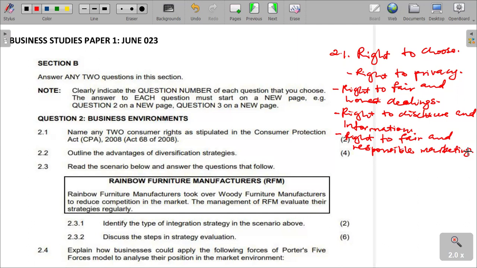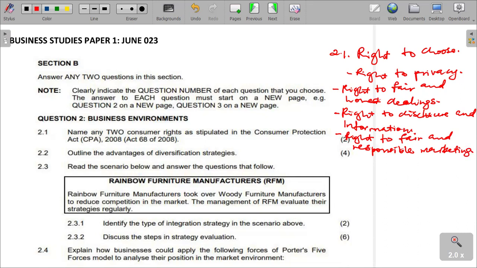We can as well add other points, such as right to equality in the consumer market, right to equality when customers go to buy. No one must be given a better priority than any other. Right to equality is the right to make choice, as well as right to treatment. When customers are in businesses or shops, nobody should be given better treatment than any other, either by race, by nationality, or by any other reasons. All customers must be treated on equal footing.